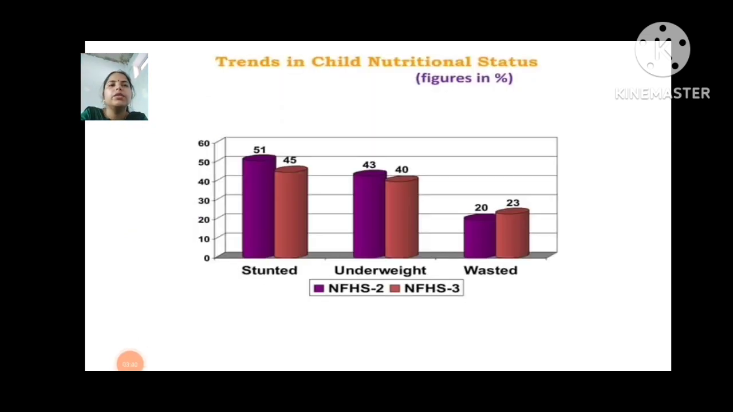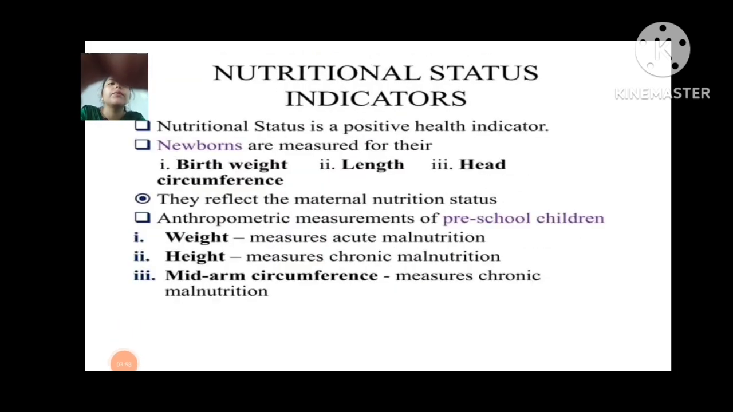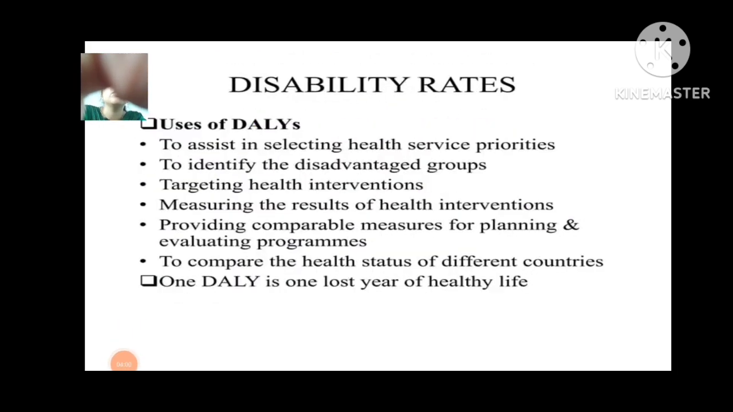The trend in the child nutrition status like stunted, underweight and breastfeeding: 51 to 45, 43 to 40 underweight, the NFHS-2 and NFHS-3 difference. In today's class, I discussed nutritional status and indicators and also the disability rate,